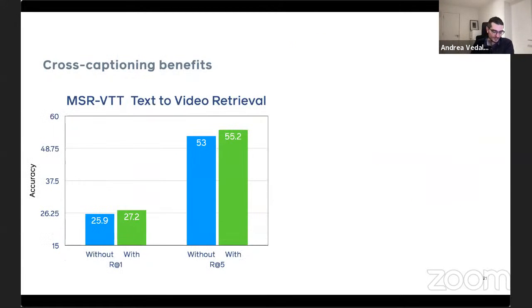And if you do this, you see that this is another kind of evaluation. This is done on text to video retrieval, and this is retrieval at 1 and retrieval at 5. So it's almost like top 1 classification error and top 5 classification error, but for retrieval. And you see that if you don't use or you do use this sort of cross-captioning,